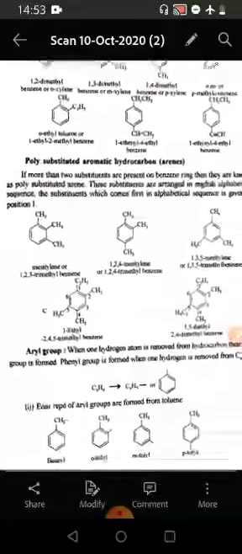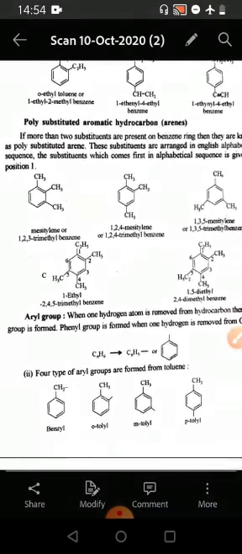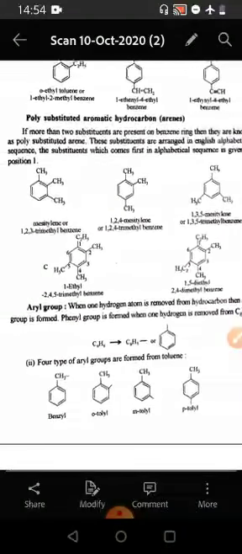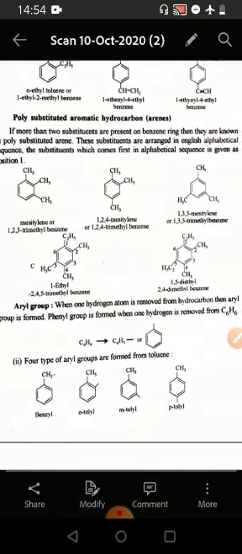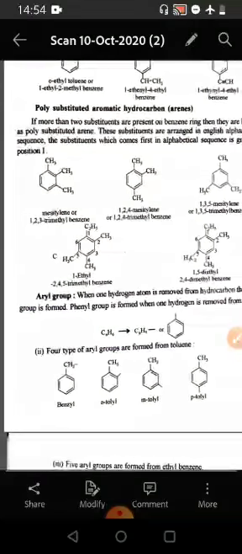Now we come to the polysubstituted aromatic hydrocarbons. If more than two substituents are present on the benzene ring, then they are known as polysubstituted arenes. These substituents are arranged in English alphabetical sequence. The substituent which comes first in alphabetical sequence is given position 1. For example,